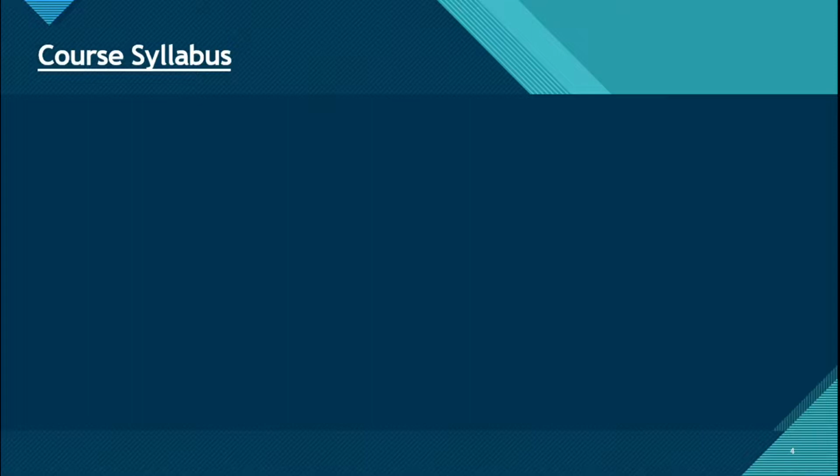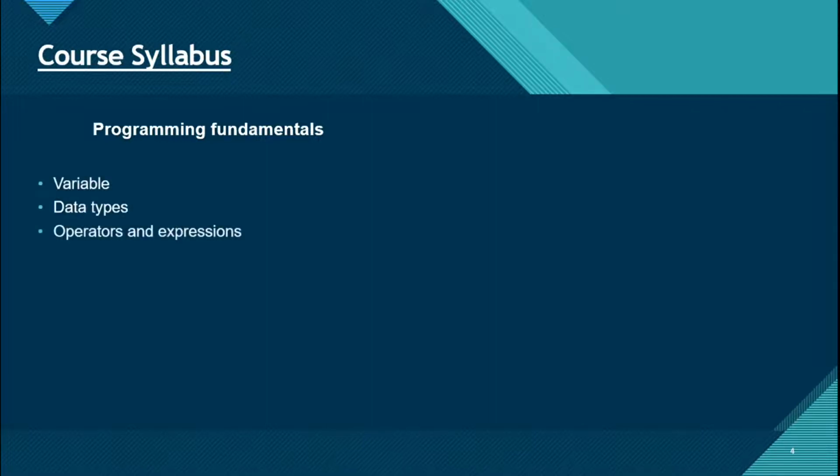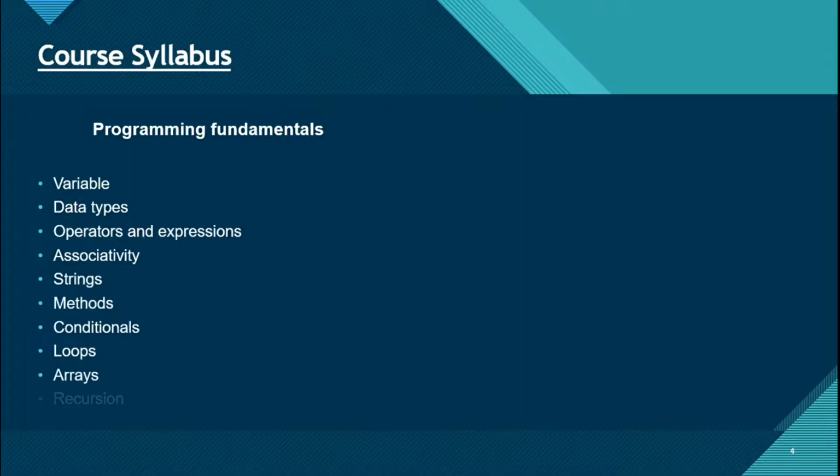This Java course is divided into two parts. The first one is fundamentals of programming. After learning the basics, you will be able to develop basic programs and apply them to another programming language, because these are the basic topics and can be applicable to any other language. Topics that are included in this part are variables, data types, operators, expressions, associativity, strings, methods, conditionals, switch case, loops,